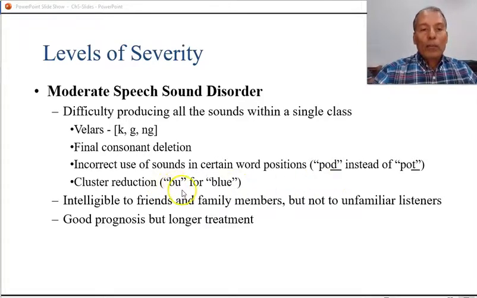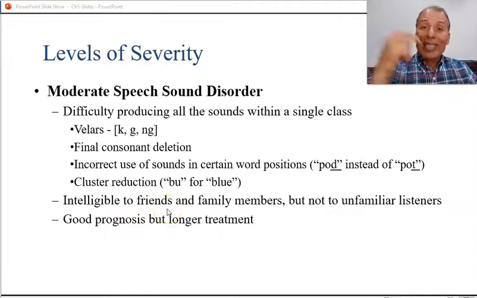Cluster reduction. For example, blue becomes boo. You have a lot of examples of these. Wherever there is a cluster, for example, one that involves the b and the l, as blink becomes bink, the person will have the same difficulty in various words. And the child or the person becomes